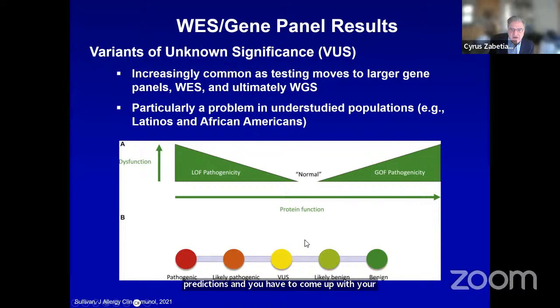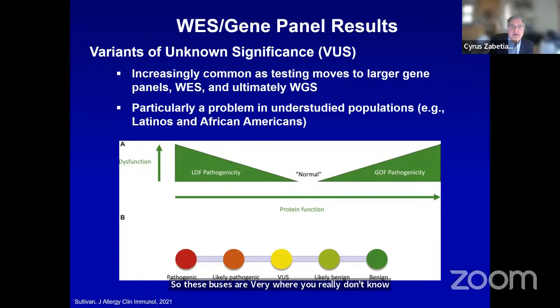And a lot of variants get stuck. Many variants, the majority of them, are benign. There are some that are clearly pathogenic and have been reported in multiple families with that disease. But there are a number of variants of unknown significance. These VUSs are variants where you really don't know whether it's pathogenic or not.